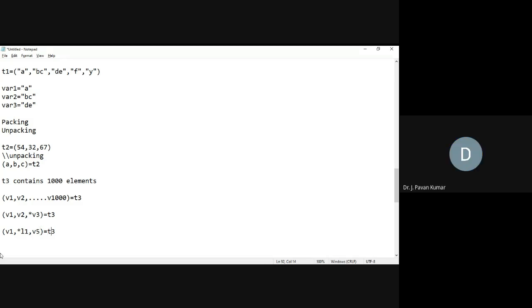So we will be having 1000 elements. Out of those 1000, the first one we can map with V1. Next, the last one we can map with V5. Then remaining all in between, we will be having 998 elements, right? Those 998 elements will be considered as a list. Those will be packed like that only. It will not be unpacked. Understand? Okay, sir. Understood.